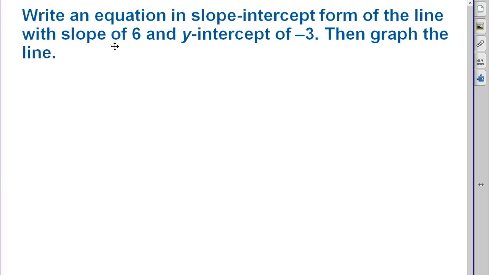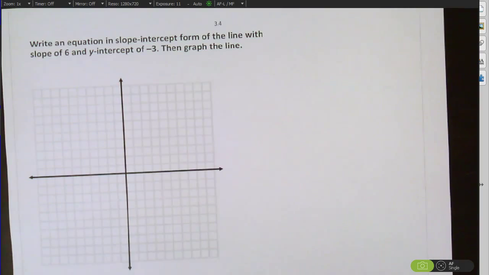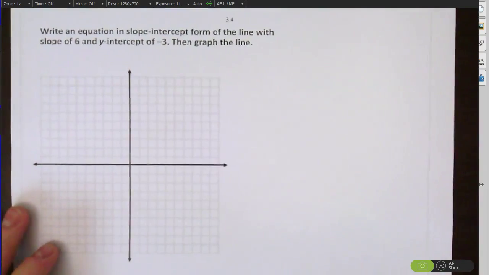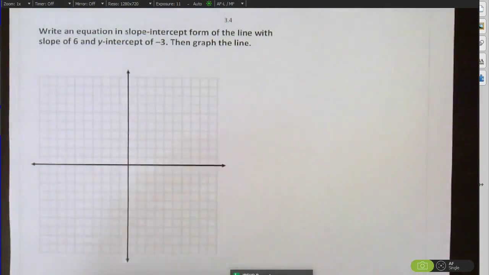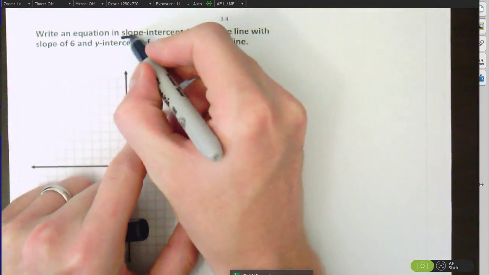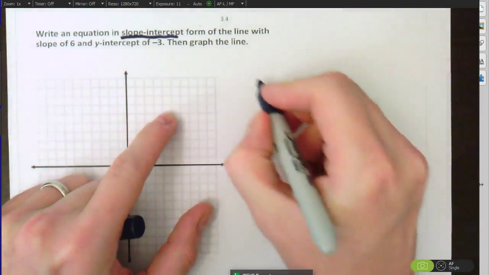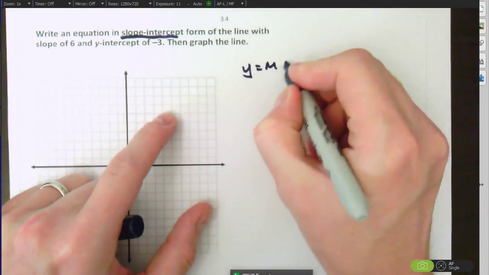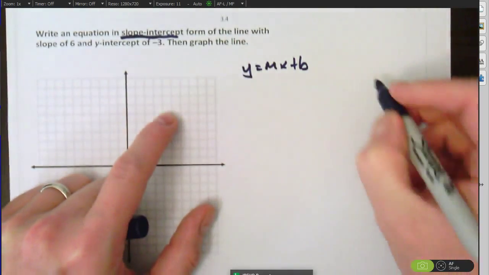Write an equation in slope-intercept form of the line with a slope of 6 and a y-intercept of -3, and then graph that line. Okay, so here we go. I've got this problem here. They want me to use slope-intercept form, which is going to be y equals mx plus b, where m is the slope,